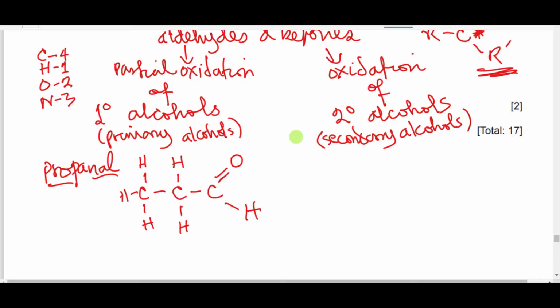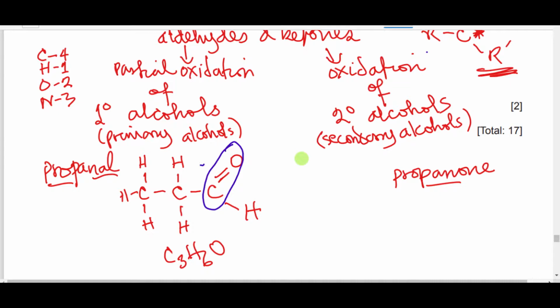So propanone. You are told that propanone is also C3H6O. If we move this from here to the middle, what will happen? Let's see. This will be 1, 2, 3, double bond O, right? Double bond O. Remember, we are told that it has the same molecular formula as propanal, but the carbonyl group is not at the end, but in the middle, because it's a